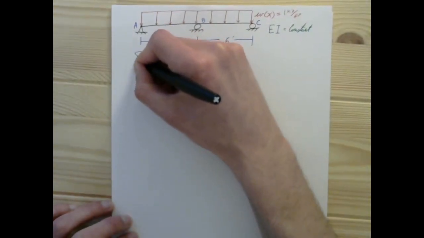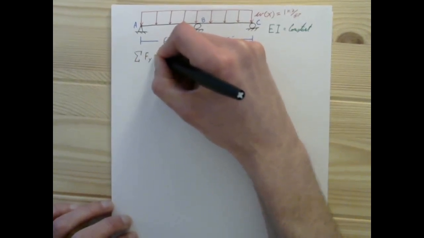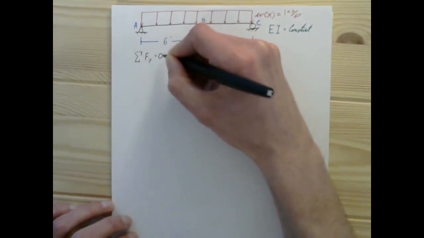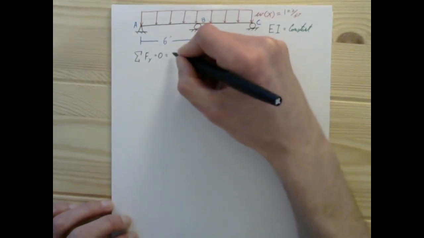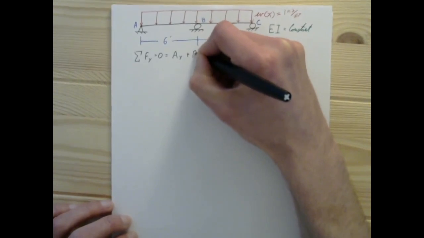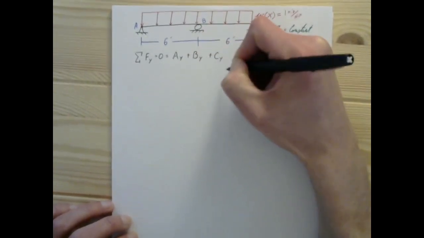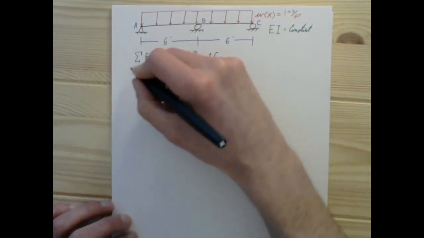at the summation of force in the y direction, and it's got to sum to 0, and that's going to end up being AY plus BY plus CY,